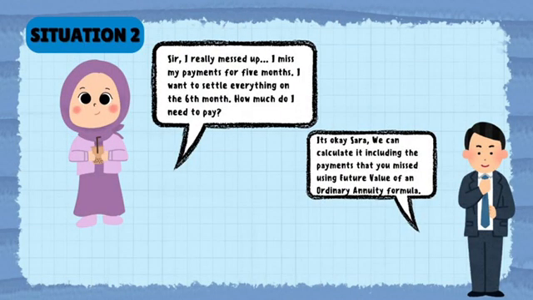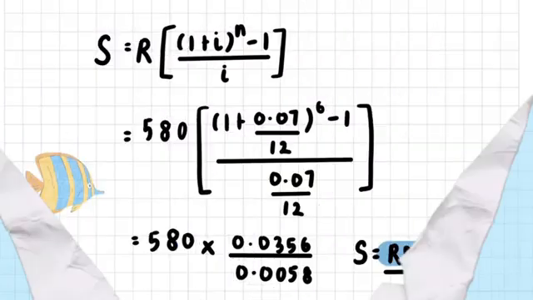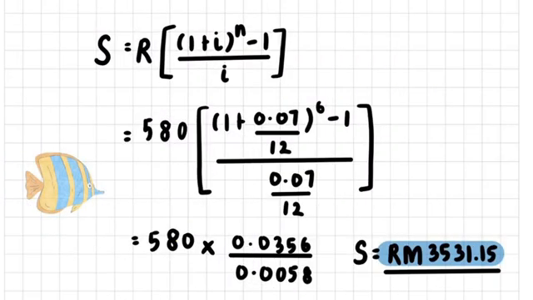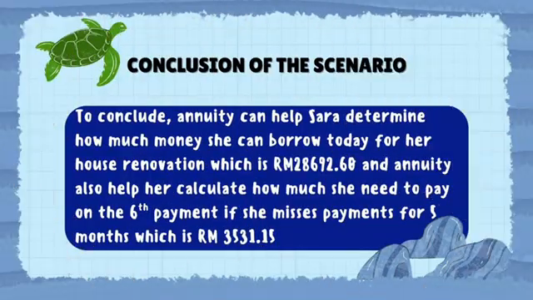In this situation, Sarah missed her payments for 5 months. She wants to settle everything on the 6th month. How much does she need to pay? We can calculate it using the future value of an ordinary annuity formula. Here is the calculation. Therefore, the conclusion of the scenario is annuity can help Sarah determine how much money she